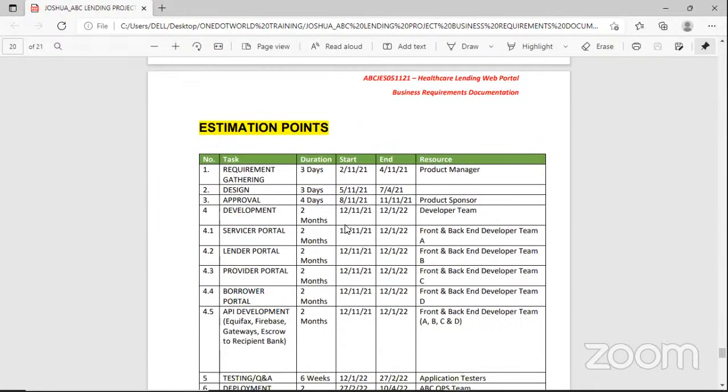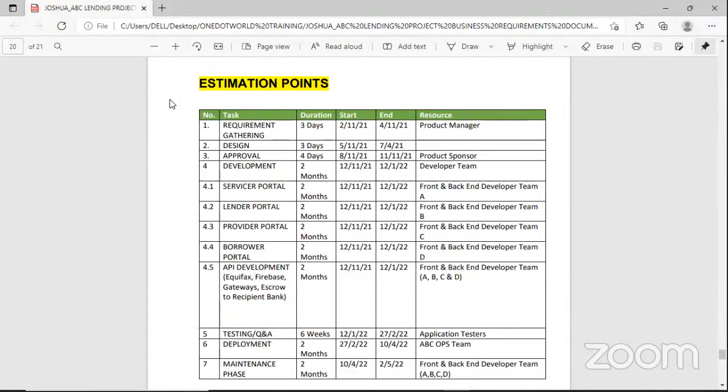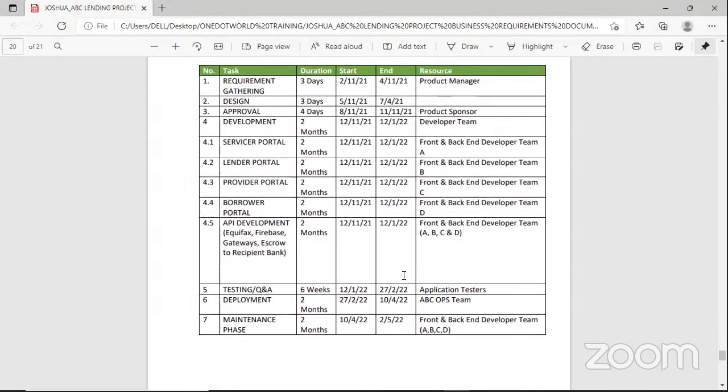Finally, the estimated timelines. Our client made us aware that he wants the project completed in 6 months. So the start of this project will be the 2nd of November 2021 when we started requirements elicitation, and then the final date is the 2nd of May 2022. That's a 6-month duration.